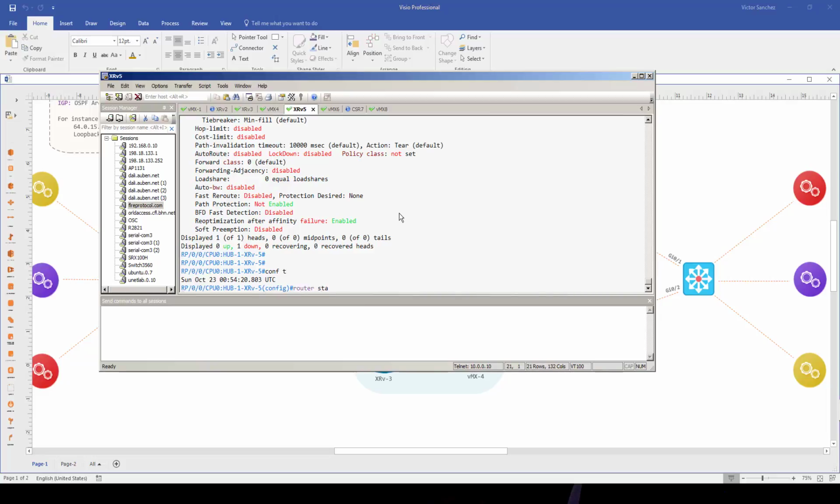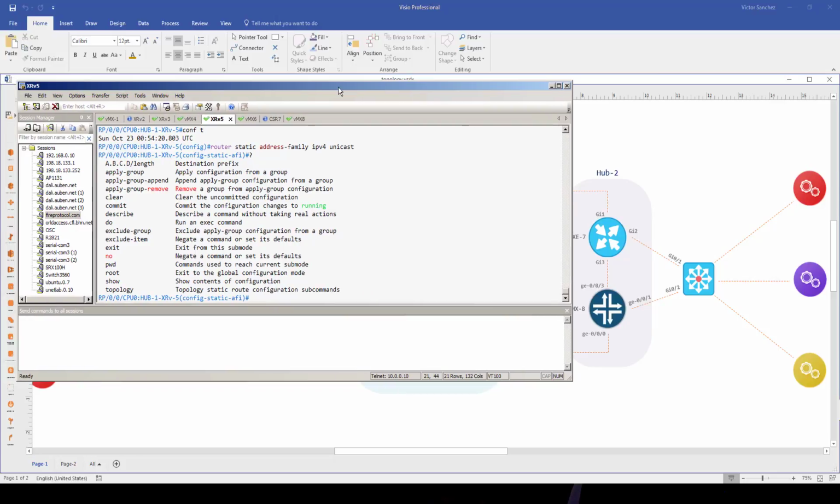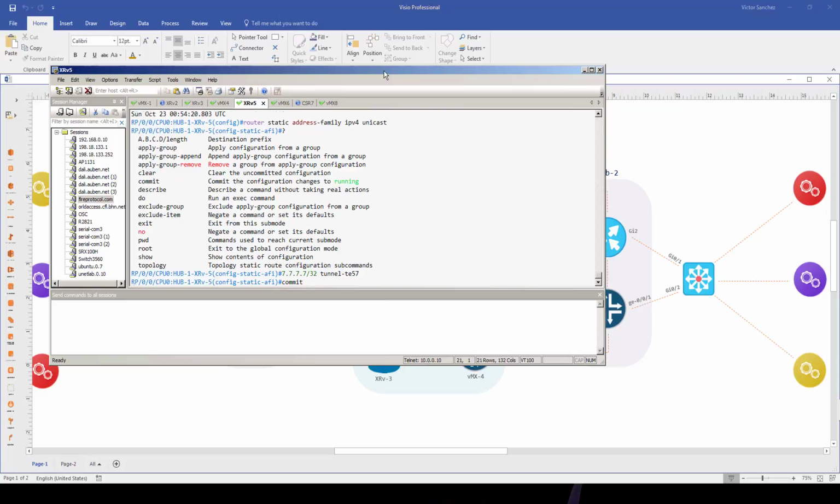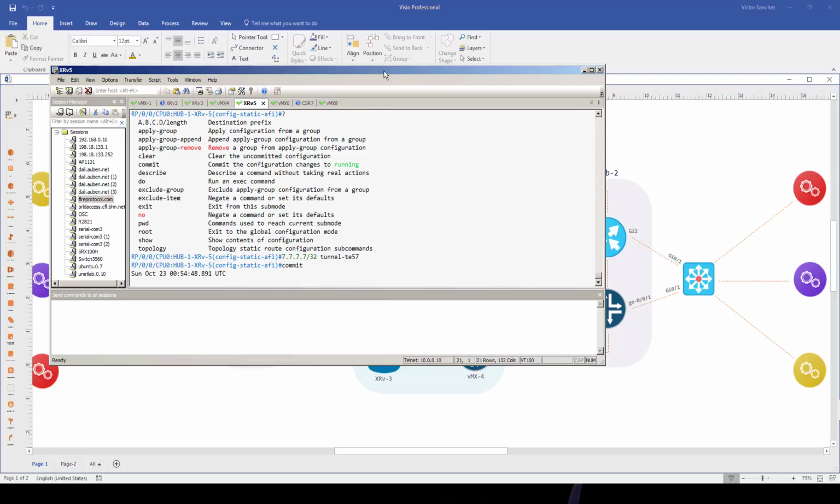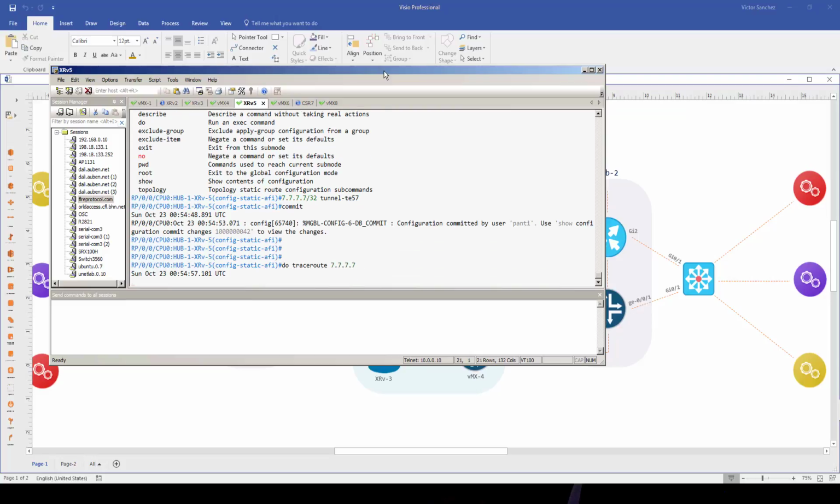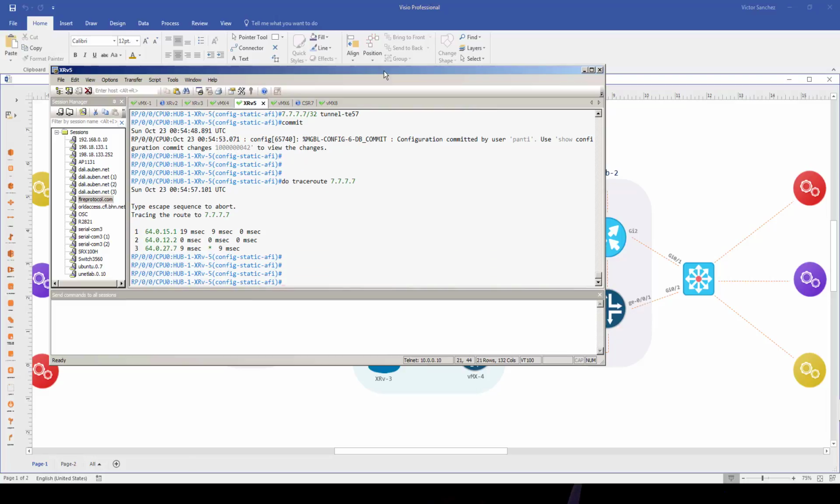So router static and address IPv4 unicast, and we'll do the destination, which is 7.7.7.7/32, and we're gonna say that the next egress interface is the tunnel traffic engineering interface, which was 57, right? And do a commit. And you know what? I keep forgetting this. So if we now do the trace. So that works, and